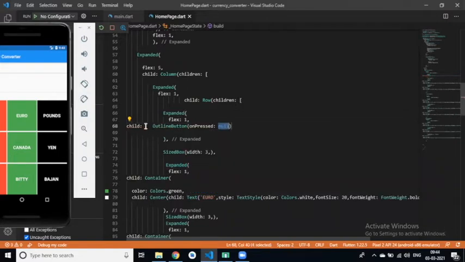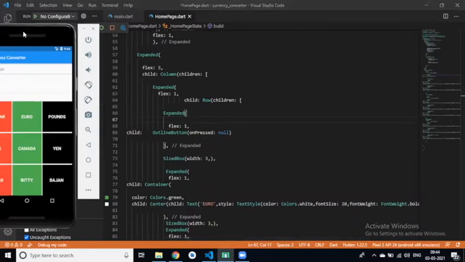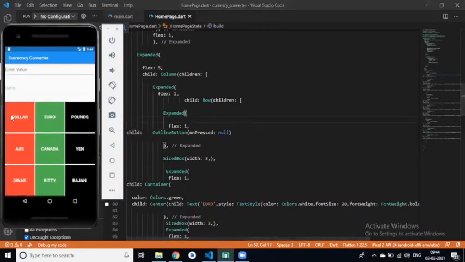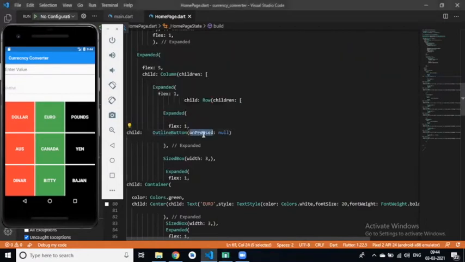In this button we have a property called on pressed. If the user clicks on that button, then this method will be called. In container we don't have any on pressed, in expanded we don't have any on pressed method, right? So if I want to perform some action on this button, we have to create an outline button and an on pressed, right?